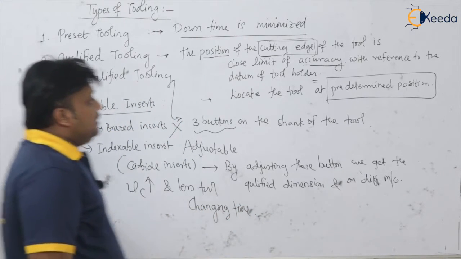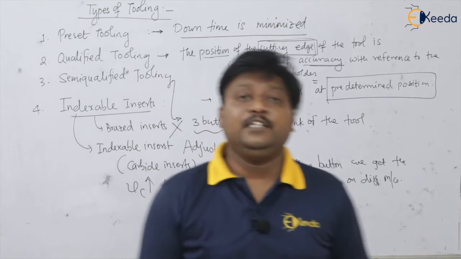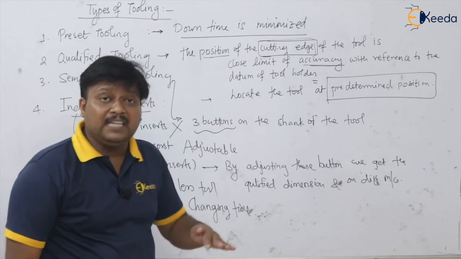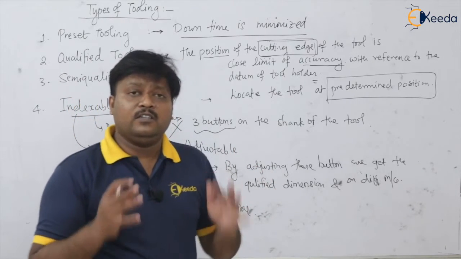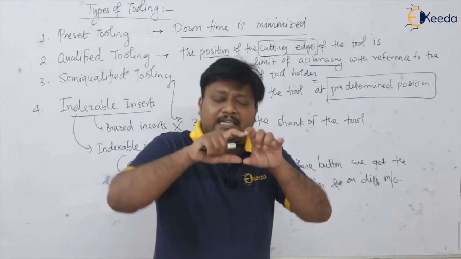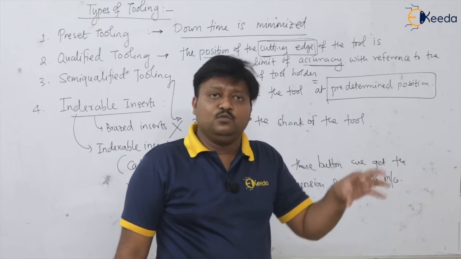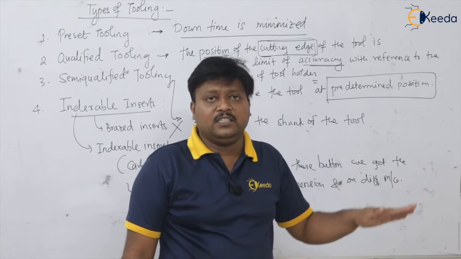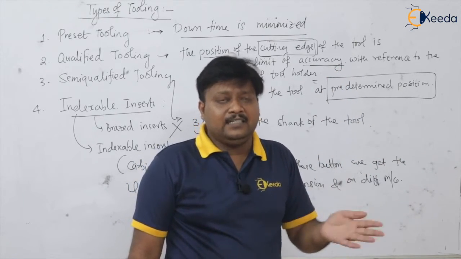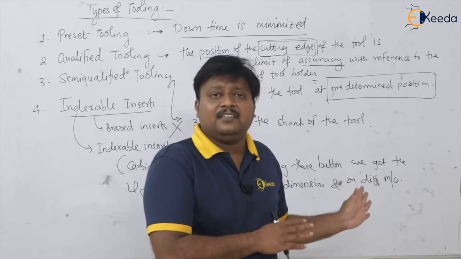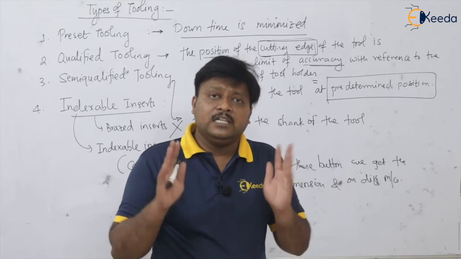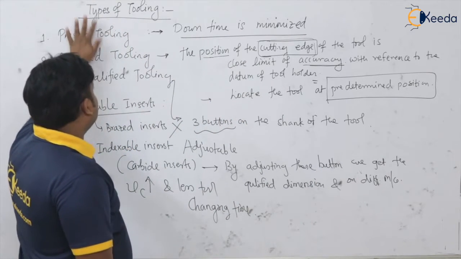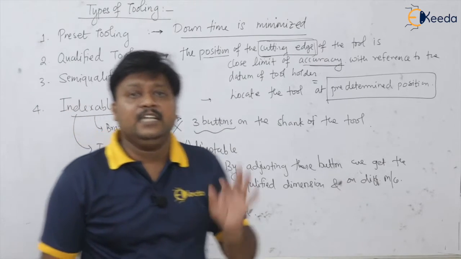So these are the toolings which can be used on the CNC machine to minimize the setup time or downtime. As I made one statement, CNC machines and FMS are used basically for batch production. On the other side, it has a huge amount of setup or downtime. To minimize that, we have these types of toolings on the CNC machine tool.